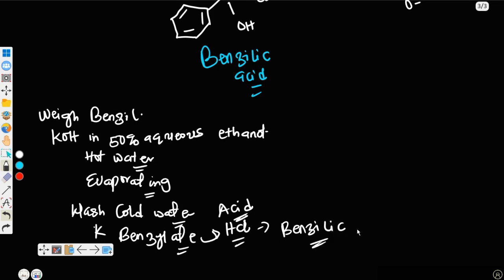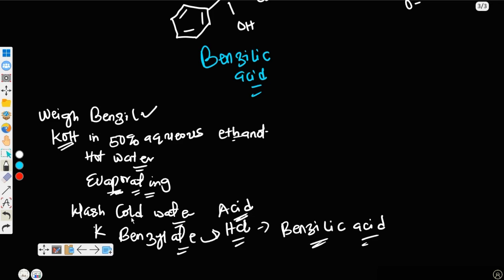So the procedure is a bit involved, but you just need to understand. First of all, weigh the benzil, dissolve it in KOH in 50% aqueous ethanol, then warm in hot water. After warming, then place in an evaporating dish. Are you getting it? Then after placing in the evaporating dish, you allow it to cool, and then at the end of the day, on standing, you are going to have the sodium benzilate. Are you getting it? Then the sodium benzilate, you wash it with cold water,